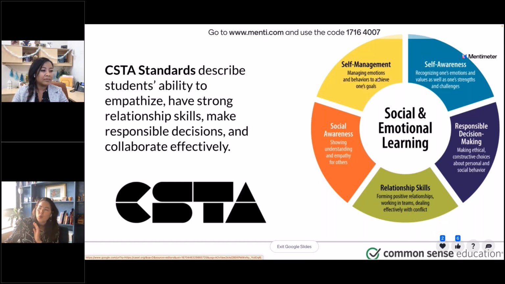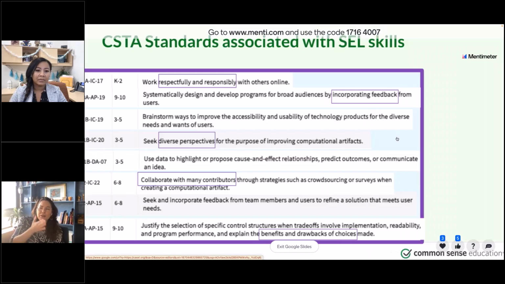So I've shared the 5 pieces when it comes to social and emotional learning, including managing your own emotions, making good decisions, having self-awareness. How does this all contribute to helping our students be good creators and designers? That is what I hope to explore in a second. It's kind of cut off on the side here, but these are the specific CSTA standards that I just pulled. I walked through and looked at them real quick. There are words in here.